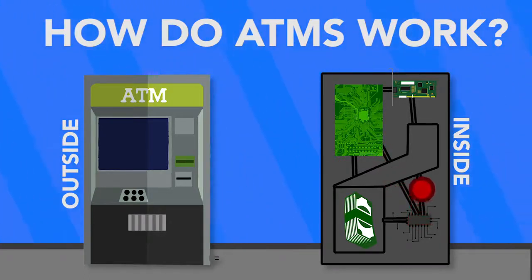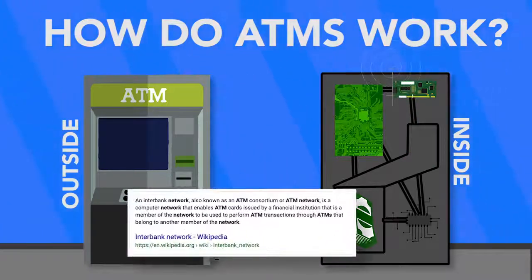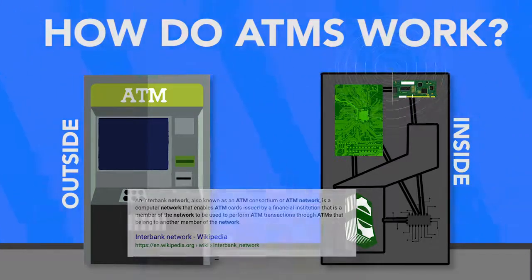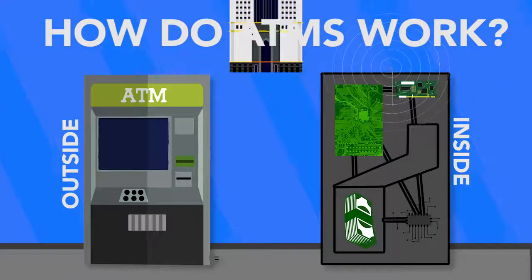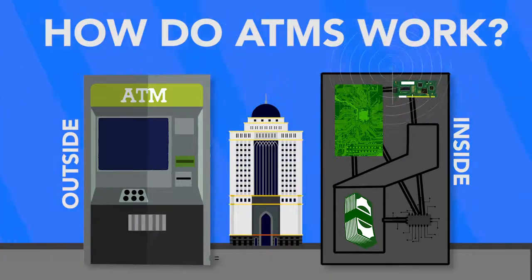The processor takes all of the information and routes it to the ATM network associated with your debit card. Each debit card is actually federally required to have two networks so that the transaction will work in case one network is down. The ATM network then relays your info to your bank that then determines if the transaction is valid, say if your PIN and debit card number match up. If the bank thinks it is, it sends an approval message back to the ATM. This entire process occurs every time you make a new input, like the amount of money you want to get